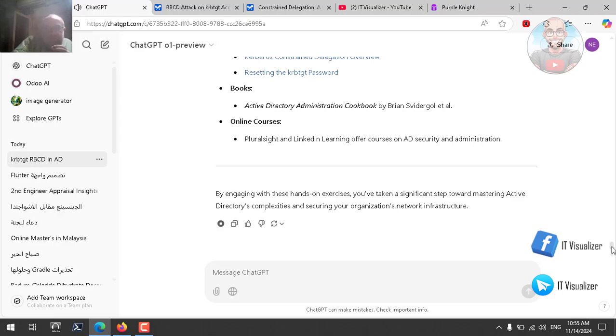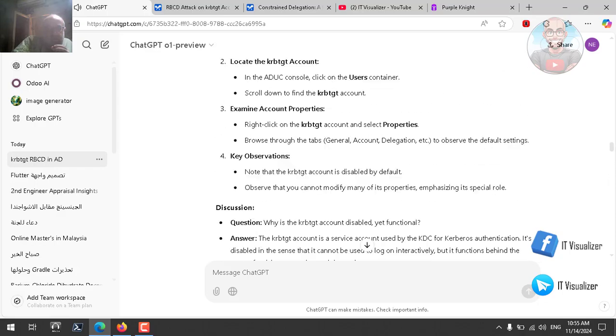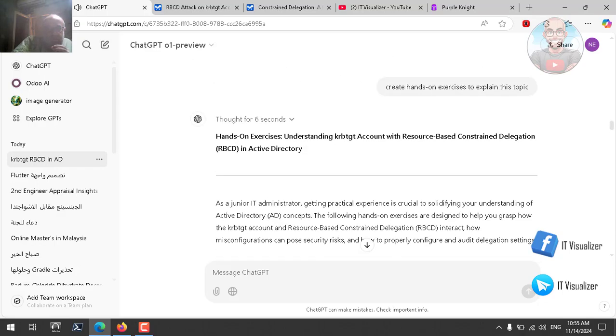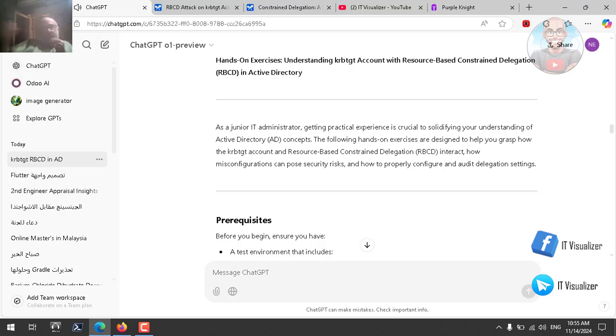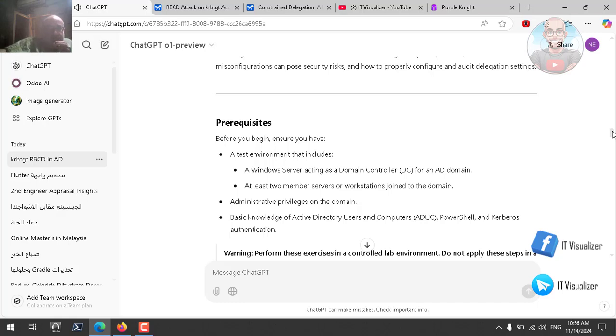Hands-on exercises. Understanding KRBTGT account with resource-based constrained delegation in Active Directory. As a junior IT administrator, getting practical experience is crucial to solidifying your understanding of Active Directory AD concepts. The following hands-on exercises are designed to help you grasp how the KRBTGT account and resource-based constrained delegation RBCD interact, how misconfigurations can pose security risks, and how to properly configure and audit delegation settings. Before you begin, ensure